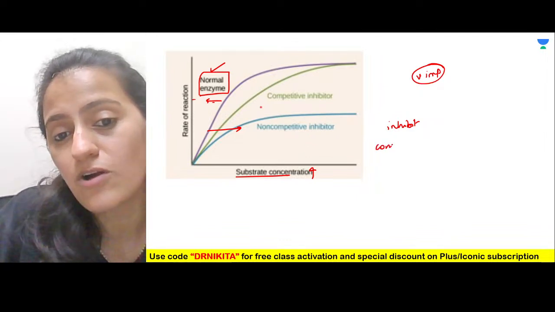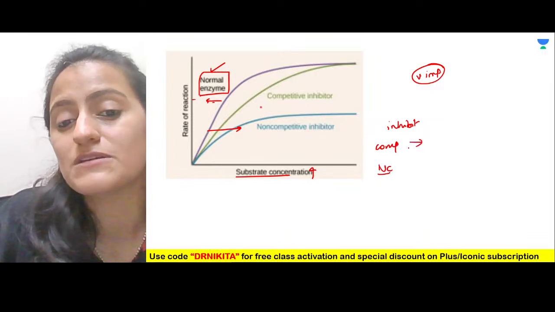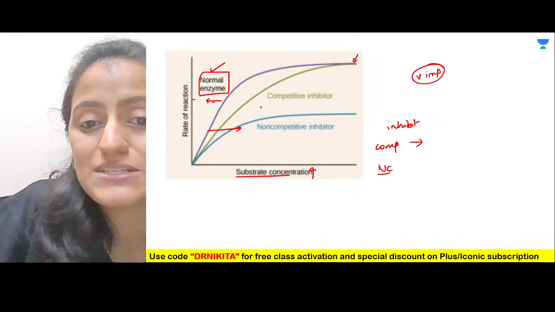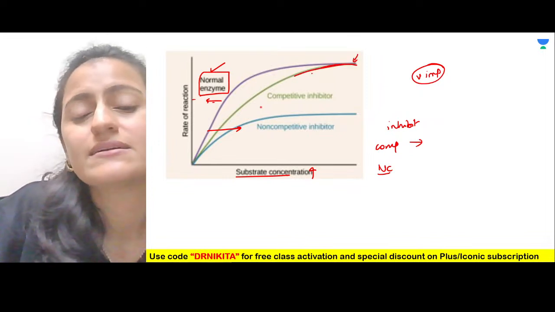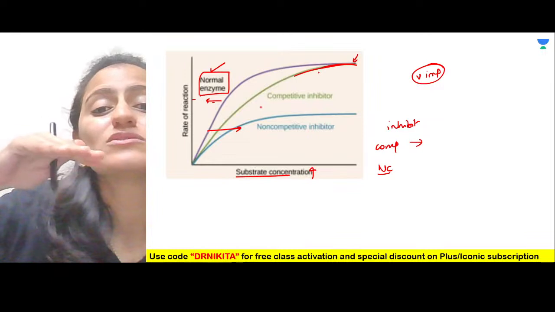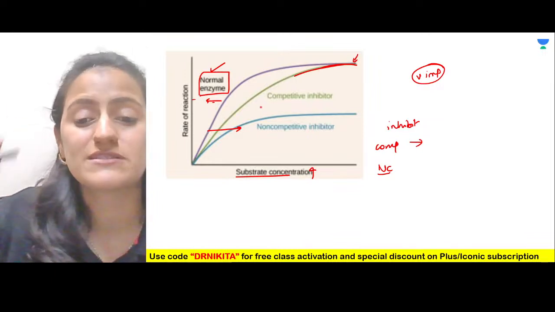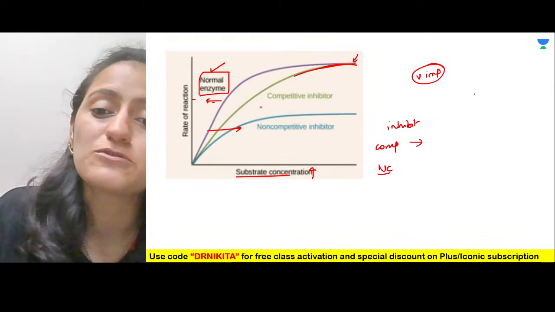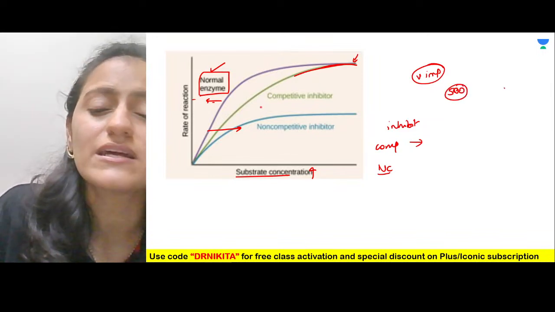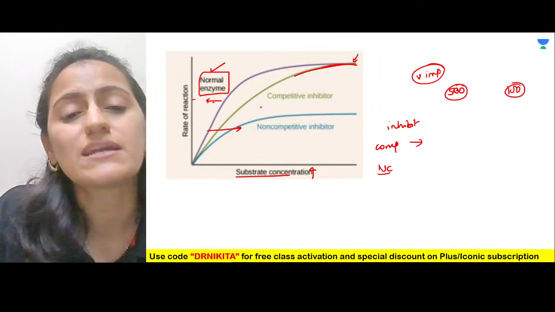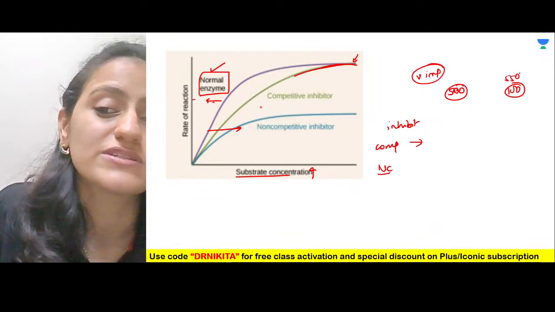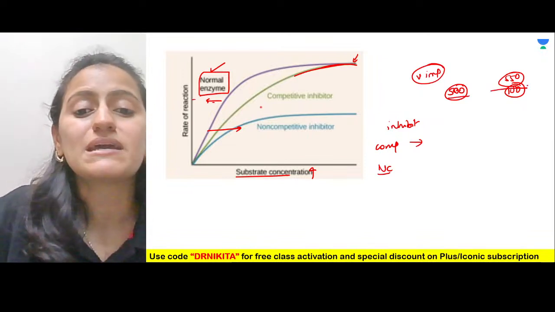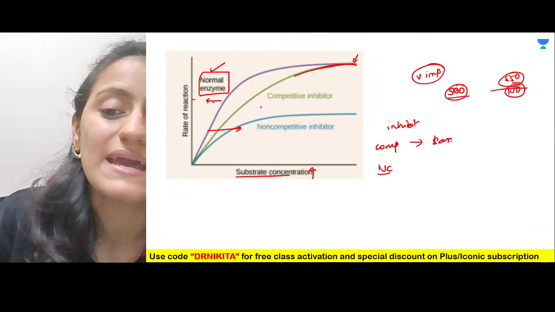Easy trick to remember competitive and non-competitive inhibition. The competitive one is at the same level as the normal enzyme, right? So you compete with someone who is of your same level. You don't compete with someone who is below your level, right? We will compete with those at our level. Suppose your GT score is 500. You will not compete with someone who's getting a score of 100. You will compete with someone who's getting 550, 520, right? So basically we compete with people of the same level.